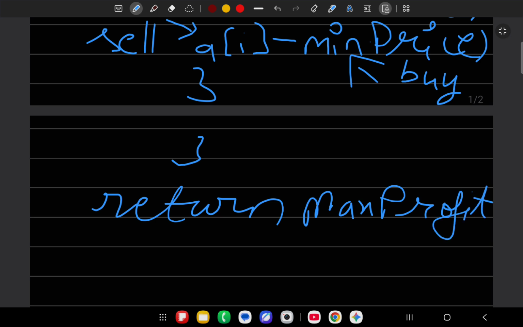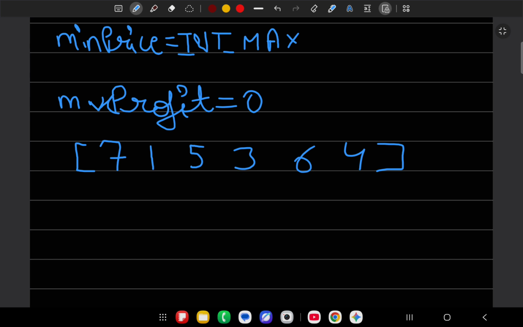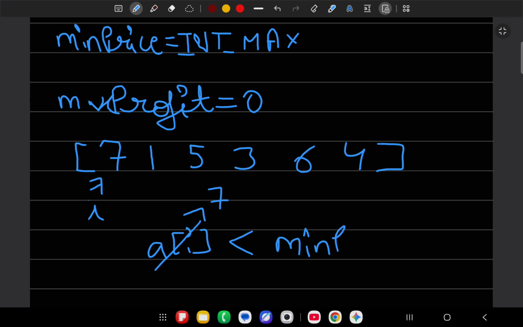Let's take a dry run to understand this logic. First, I will point at the first index and compare it with the minimum price. Is a of i, that is 7, less than the minimum price, which was initially INT_MAX?